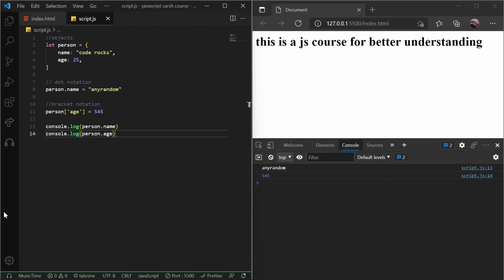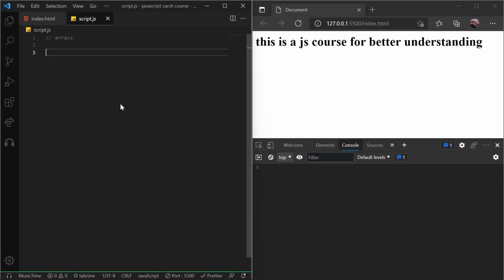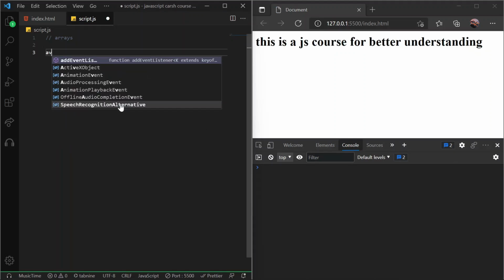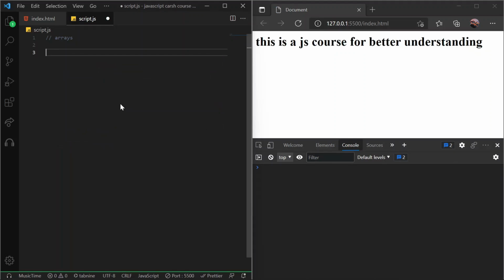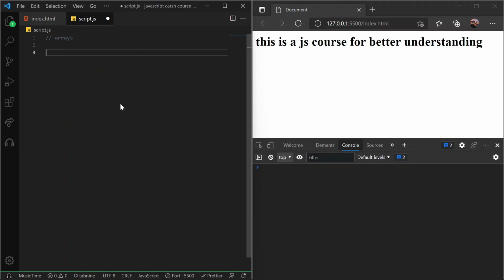Arrays are also a kind of reference type. So an array is also known as an object too, but arrays are different. Let's just remove all of these things and write in ARRAYS, arrays, so that now we can make an array using let variable and even const if we don't want to change the list of items in that. So we use arrays